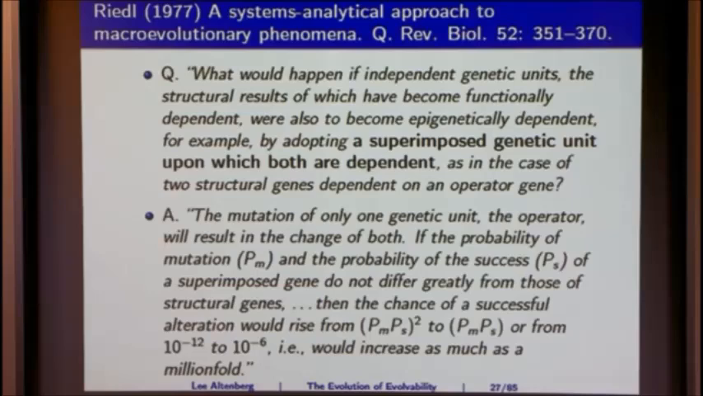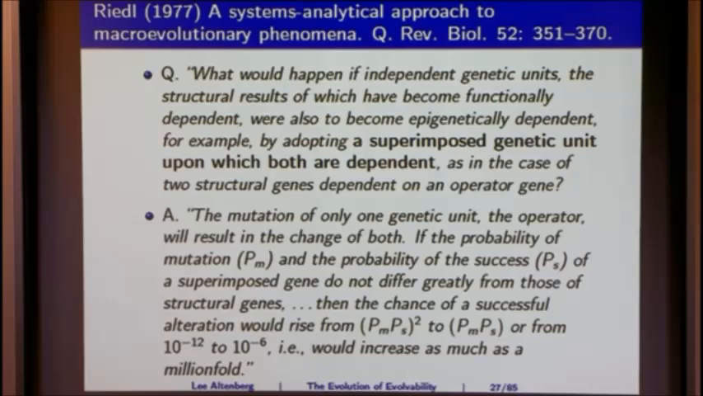Now I want to talk about what's really the earliest appearance of the mechanism I want to describe that I found in the literature, which is Rupert Riedel. And I want to quote Riedel's argument here. So he says, what would happen if independent genetic units, the structural results of which have become functionally dependent, were